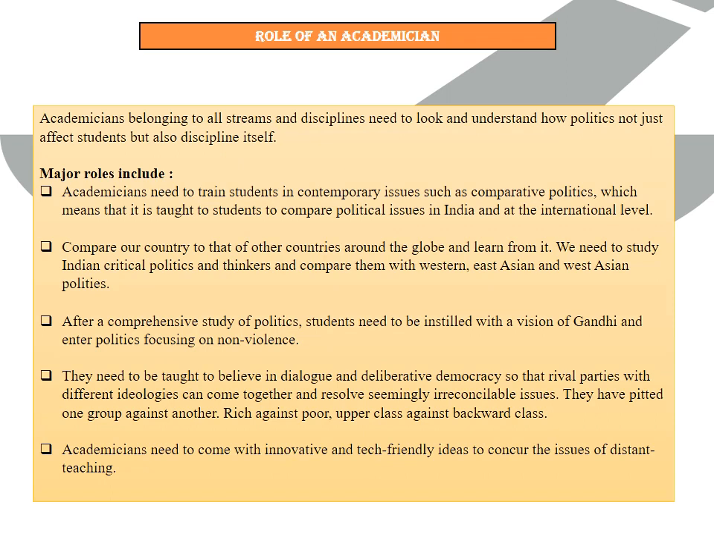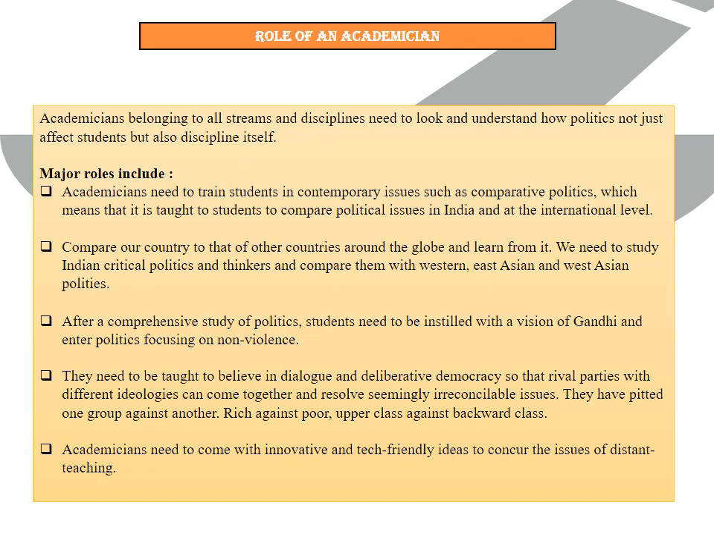Now if we have to talk about the roles of an academician, what academicians actually do, we will see some of the important points. These are not the only roles, but some of the important ones. Academicians belonging to all streams and disciplines need to look and understand how politics not just affects the students, but also the discipline itself. The major roles include